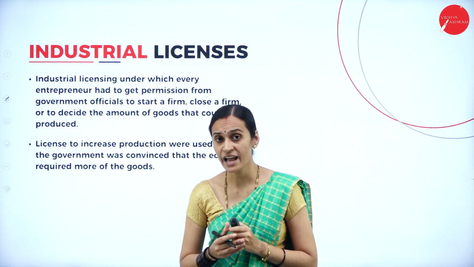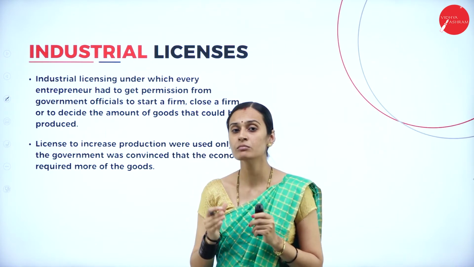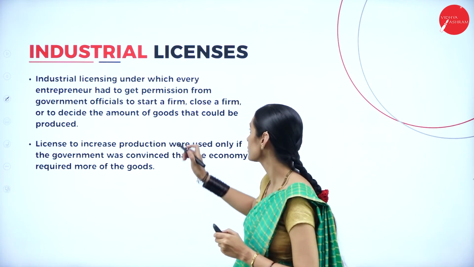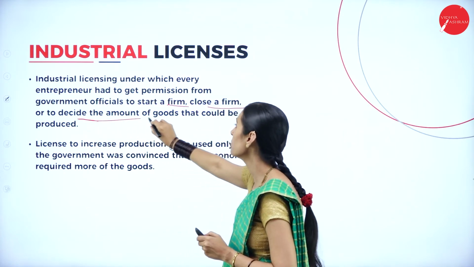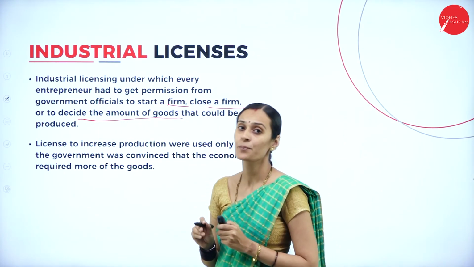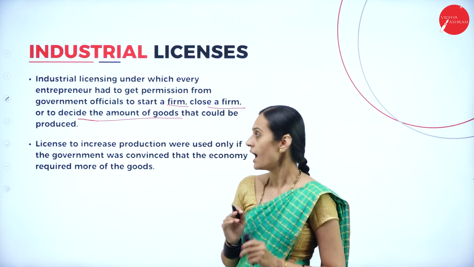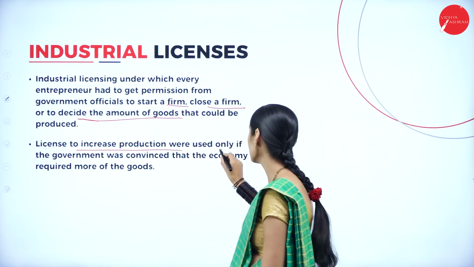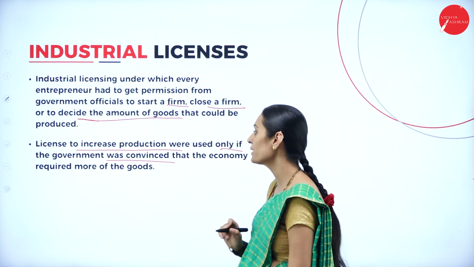Under the Regulation Act, every entrepreneur has to take permission from the government to establish new industries, to start a firm, close a firm, or decide the amount of goods that could be produced. So this procedure is called license. And of course, licenses to increase production were given only if the government was convinced that the economy required